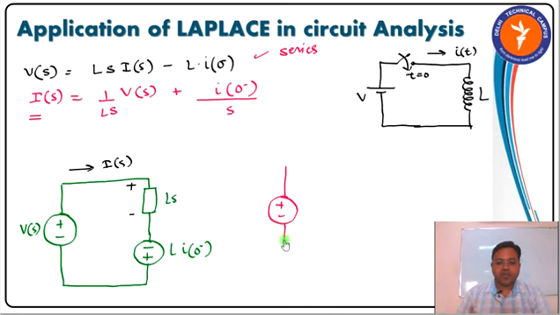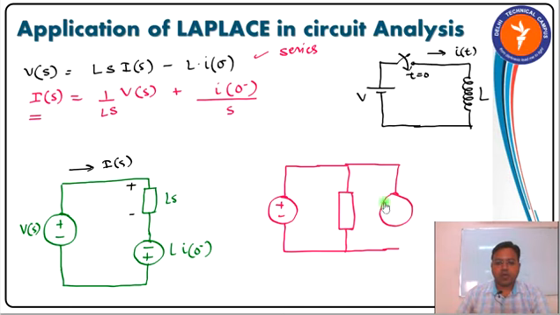it will be a voltage source again, and I will now connect these two elements in parallel. So let me connect the impedance over here. This is the impedance element, and as you can see, it is a current, so this should be current and this should also be current. So there should be a current source whose value will be given by I of 0 negative divided by S. This is a current source, this is impedance, and its value is Ls.